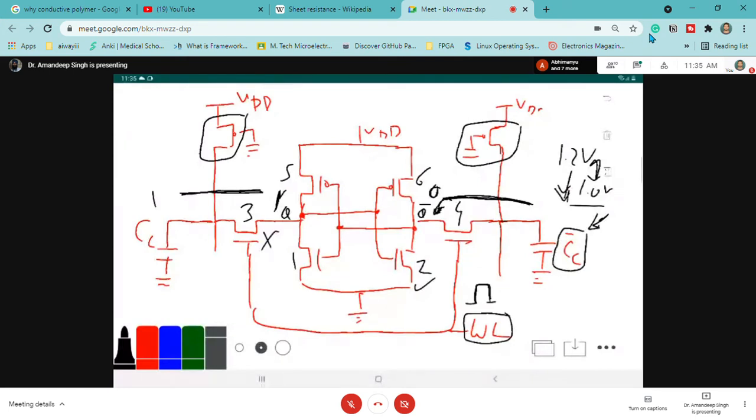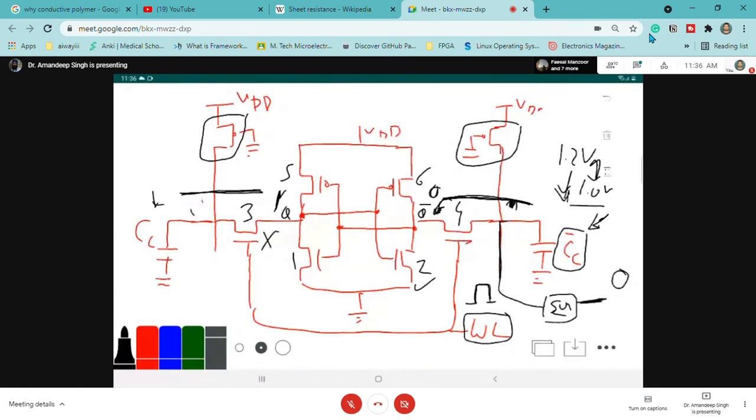That small change in potential is sensed here. This is connected with a sense amplifier, that is basically an operational amplifier, which is used to sense a very small change in the voltage. When a change in voltage is sensed, your circuit is programmed accordingly that zero is stored in that location. If there is no current and no potential change, the sense amplifier input will be 0. It means it is storing 1 because there is no change in potential. If there is some change in potential, then it is storing 0. That's how the read circuitry works.